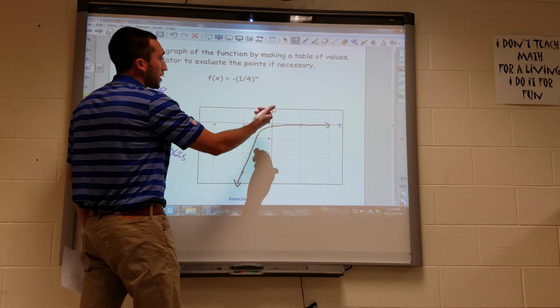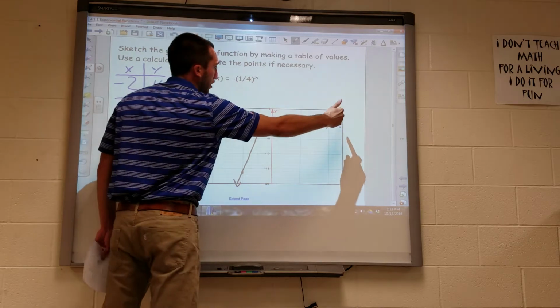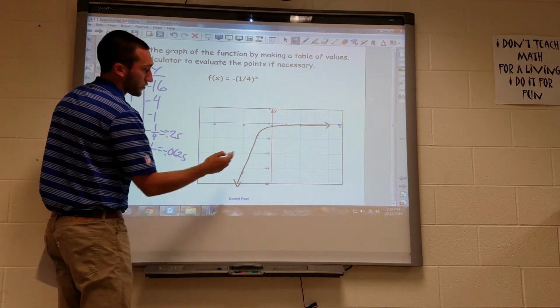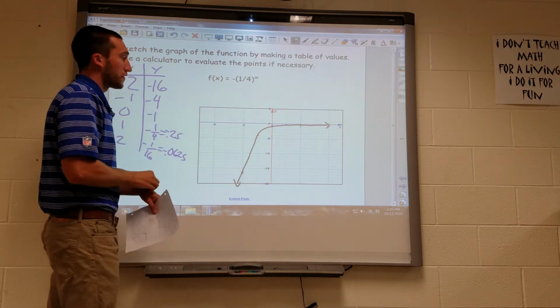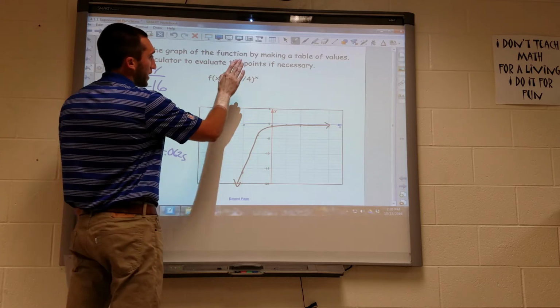Right? If it was a 4, we would go low and high. Since it's a fraction, you go high and low, but the negative just flipped it over. So I don't know if that's coming across very well, but we'll see more examples of that. So again, fraction,